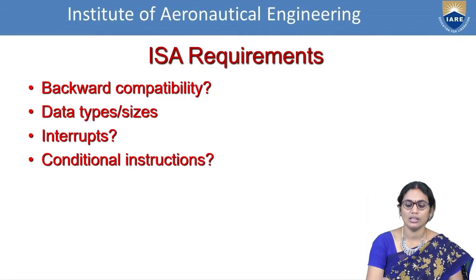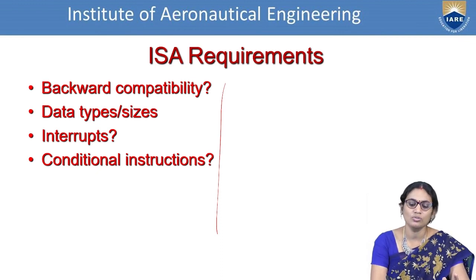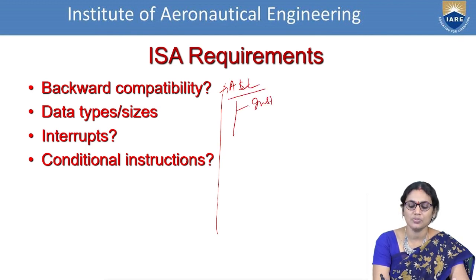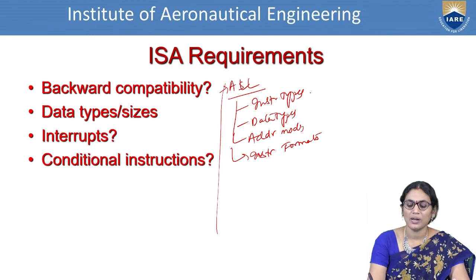So in today's session, what are the key points we have learned? We have seen the instruction set architecture design with respect to basic things, with respect to assembly language notations. We started with assembly language instructions, which are defined with instruction types, data types, addressing modes, and finally instruction formats. Two of these we have already discussed in the past session. For today's session, we discussed addressing modes and instruction formats.